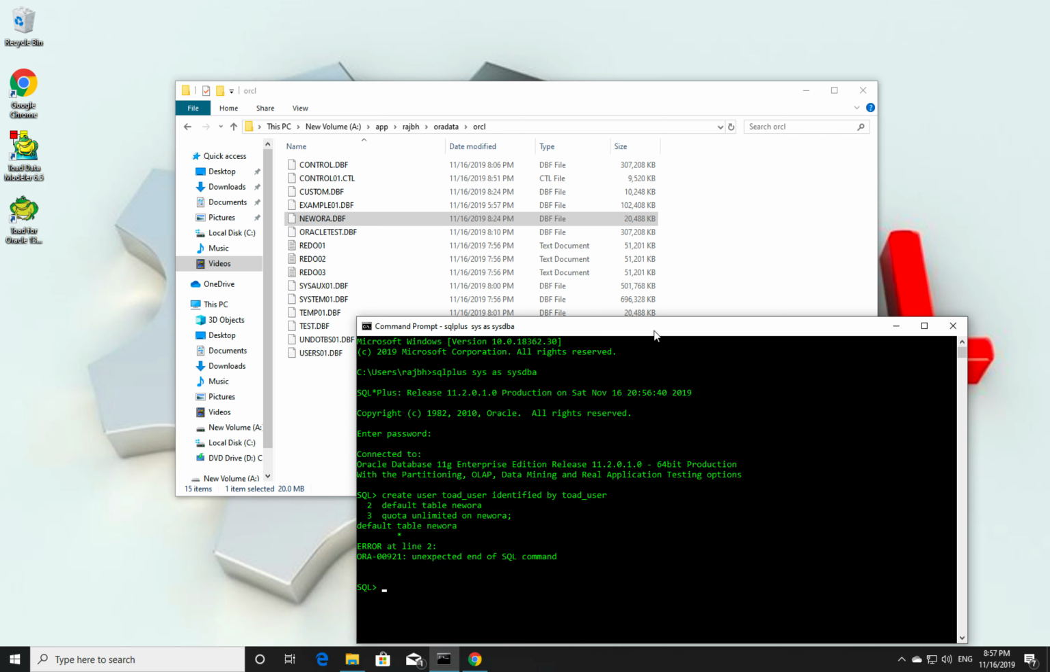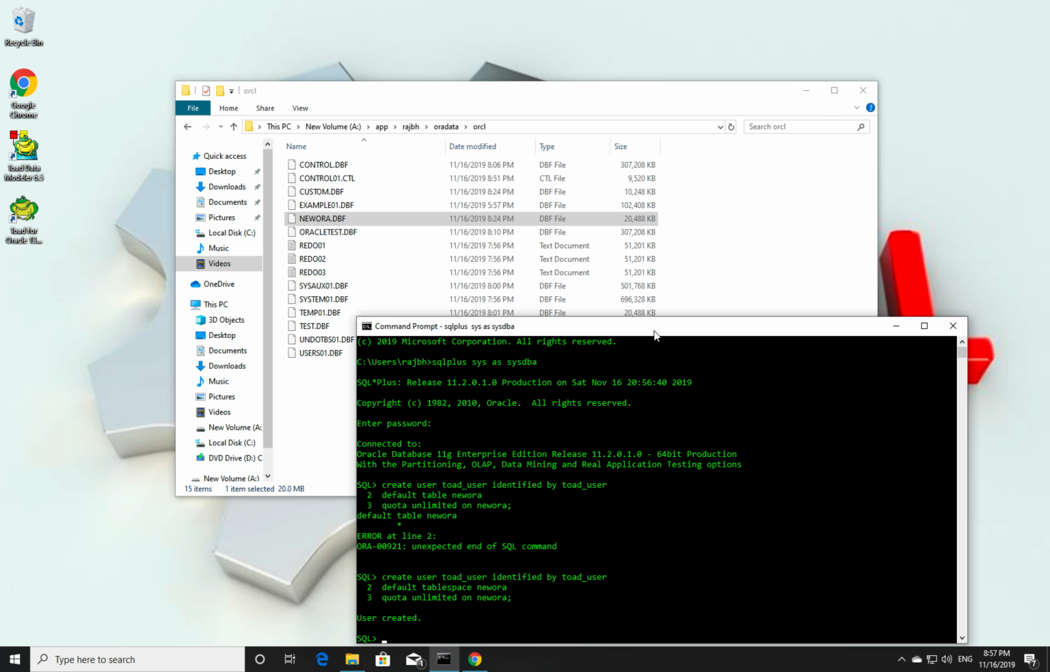I don't know what the error was here. Create table. Okay, then I think I made some kind of typo here. Let me see what that was. Oh yeah, default. I was supposed to use default table space. Then quota unlimited on. So the user is created, so let's grant connect